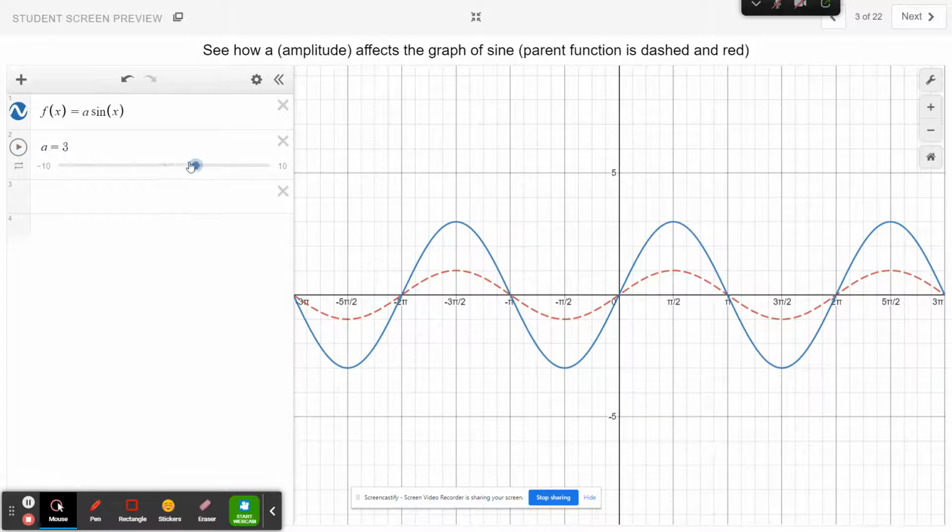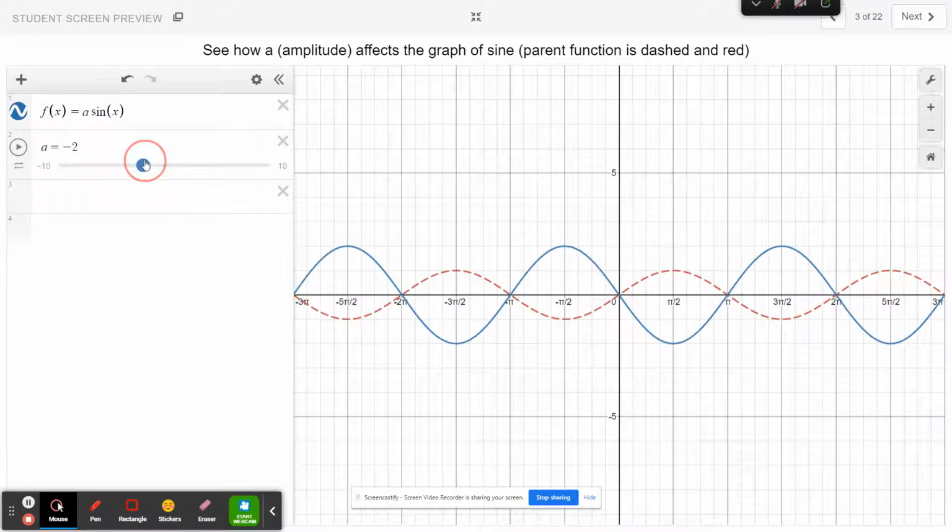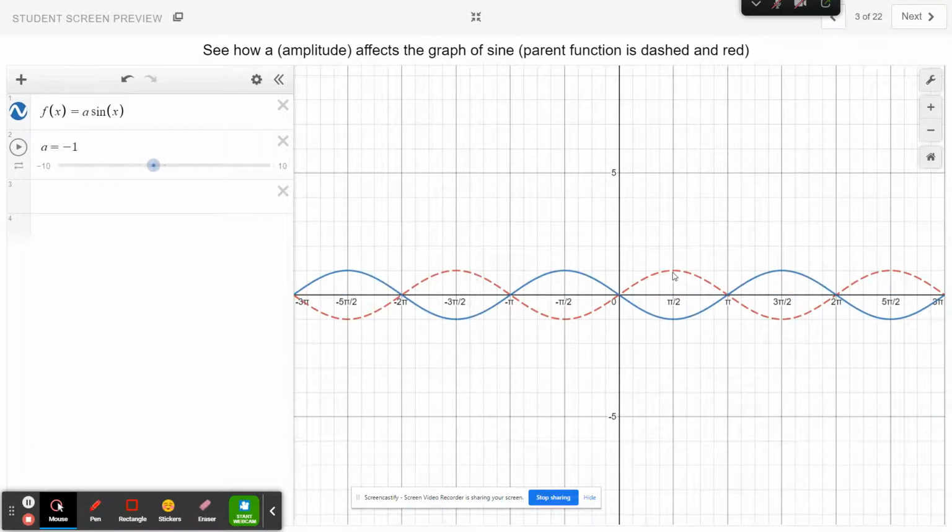Now if I make my A negative, let's bring it back to the parent function first. At pi halves, there's a max. Watch what happens at pi halves when I make A negative. That max now becomes a min. As we've studied all year, when A is negative, it is a reflection. So naturally, a maximum would reflect down to be a minimum. And it reflects over K, whatever K is. In this case, K is 0. So with that knowledge,